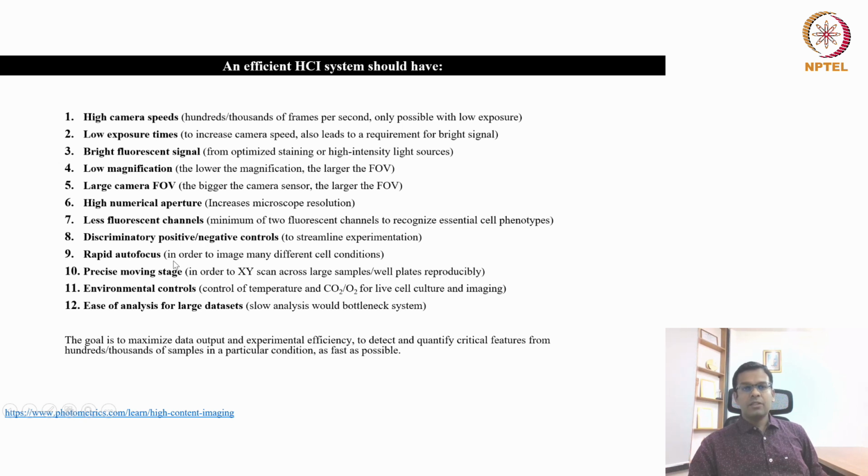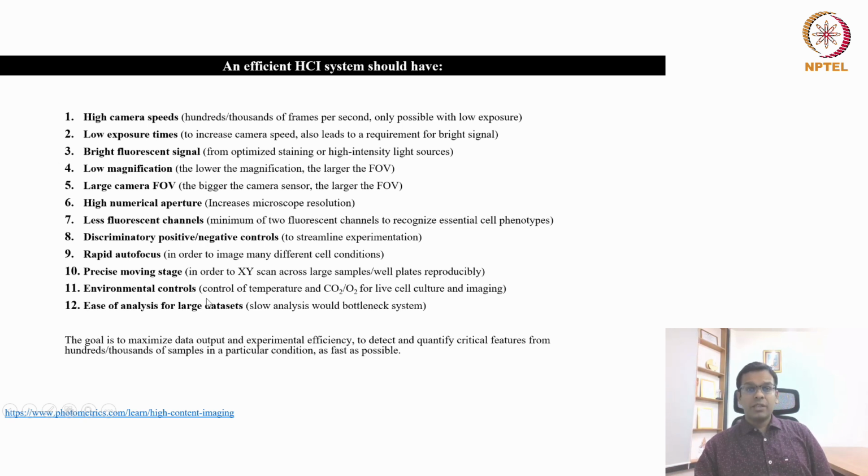Rapid autofocus. Autofocusing is very essential, because the overall microscope optics, your objective lens, your sample will keep moving. When the plate moves from one sample to another, it may leave some kind of z drift. So some z drift correction mechanism or autofocus module is required, so that every time before imaging, the software can automatically focus on the cells first, and then proceed with whatever single focal plane or Z-stack imaging you have defined. So a precisely moving stage is required.